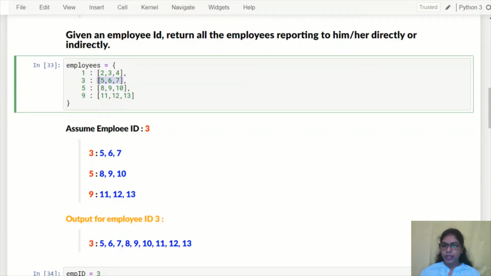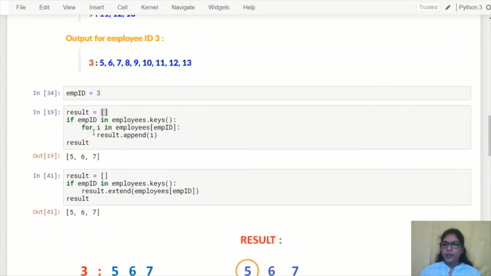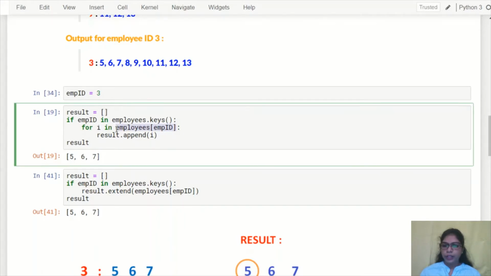You can see the value is a list, so we will iterate over that list. For i in employee ID, it fetches the list 5, 6, 7. Then using append, it adds them one by one to the result. So in result we will get 5, 6, 7.